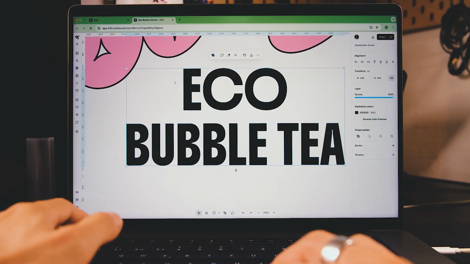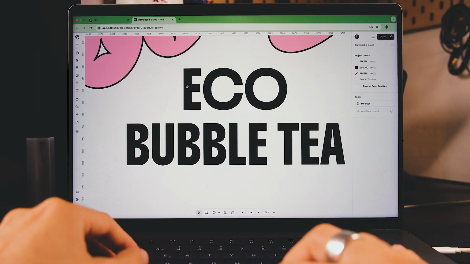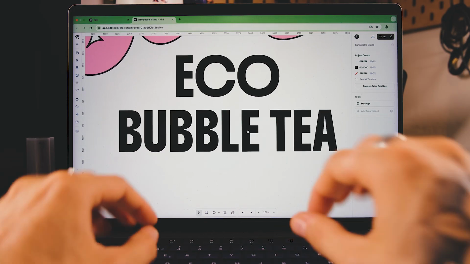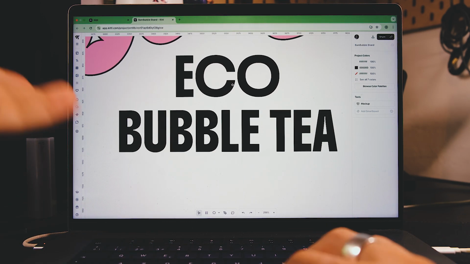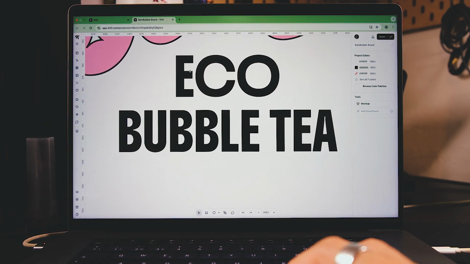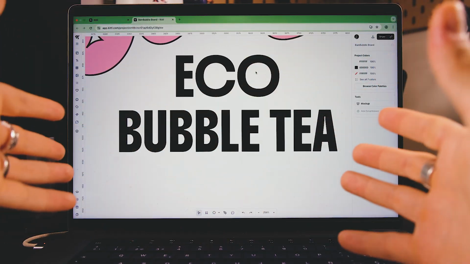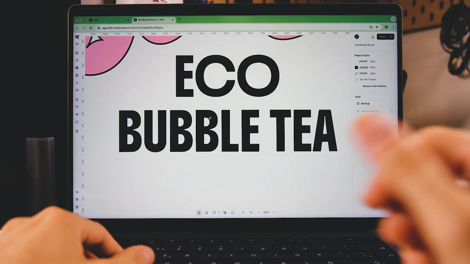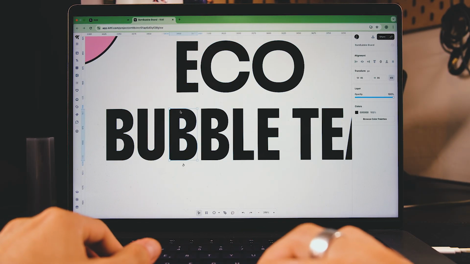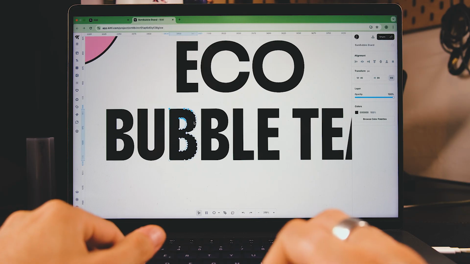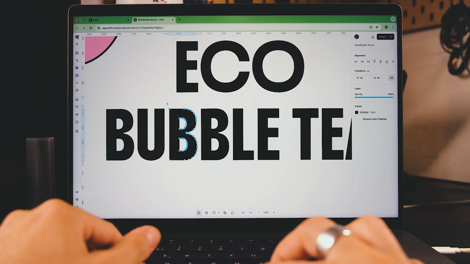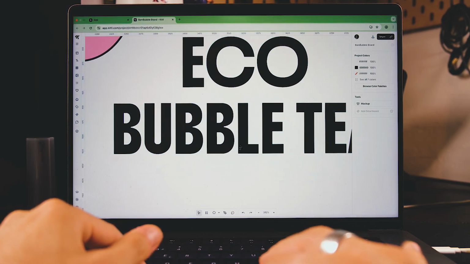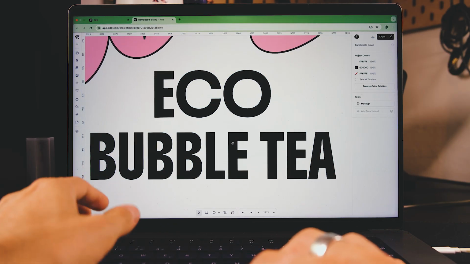Now I'm gonna press escape twice, and I'm gonna make probably one of the B's and maybe the E wider. You can see that now this typography works really well, but the C and the O are very wide in this typography, and since I wrote the word echo here, I need something like this as well to balance it out. So a little trick here is that when you enter, you can just edit one letter at a time, you see. So what I'm gonna do is go outside, just press escape a bunch of times until you're outside,